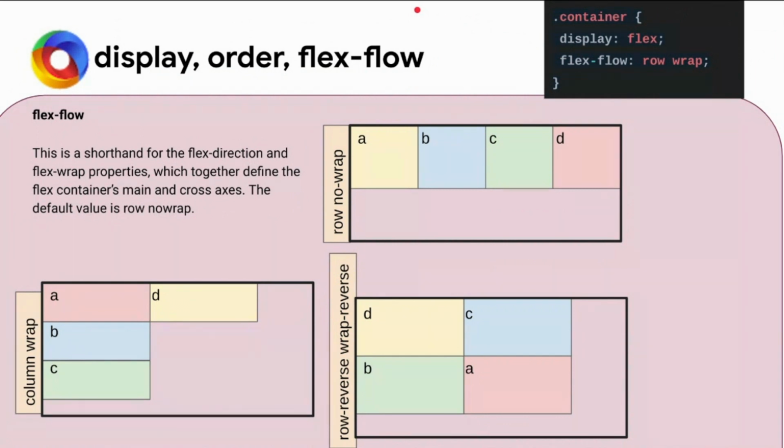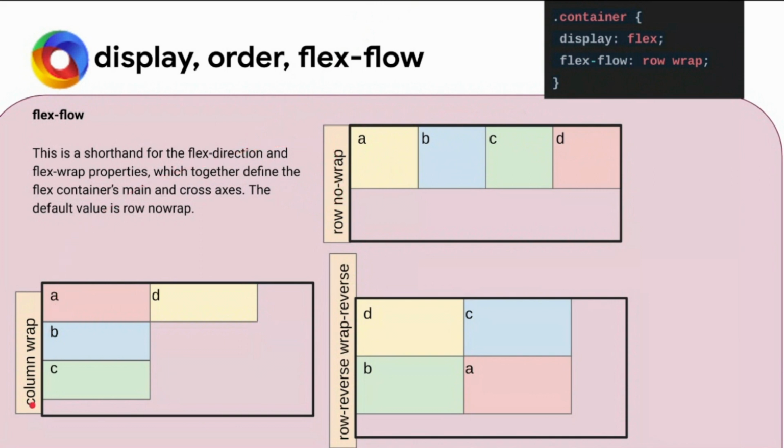Okay. Now coming to flex flow. So what exactly is it? It is the combination of two things. One is your flex direction and the second one is flex wrap. So suppose if I put row and no wrap, that is the default property of a flex. It will give you the original display. It is equivalent to display flex, and you don't have to write flex no wrap.